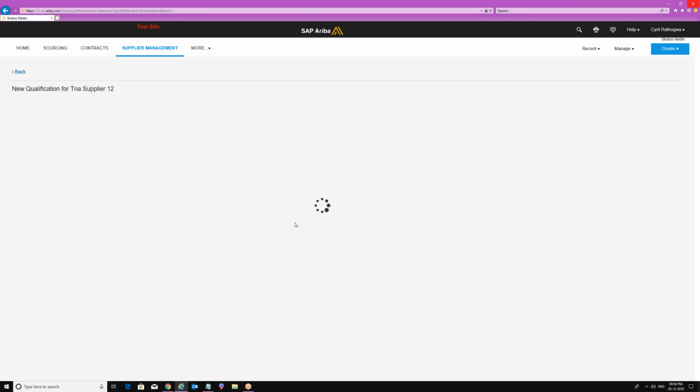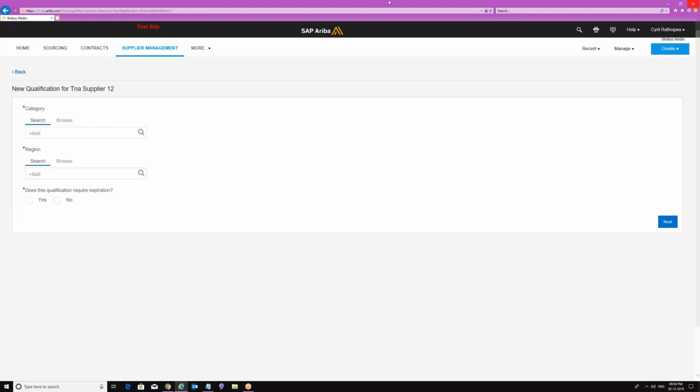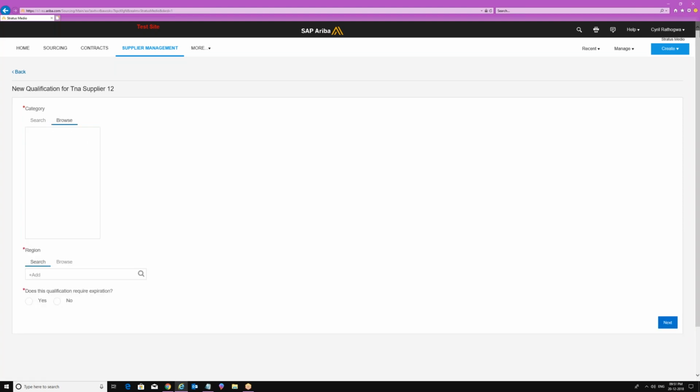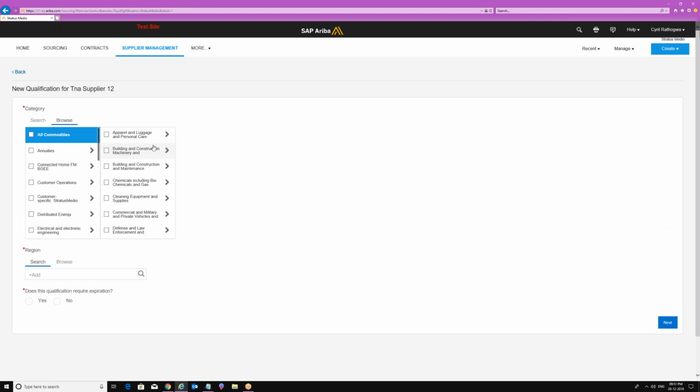First thing, it would be the commodity or category, and then the region, and then I think the expiry will come into the picture. See category. So how are we going to select the category? Click on browse. Click on all commodities.